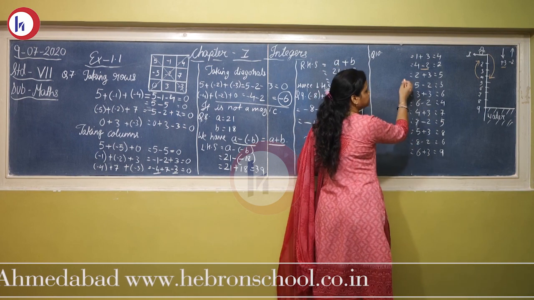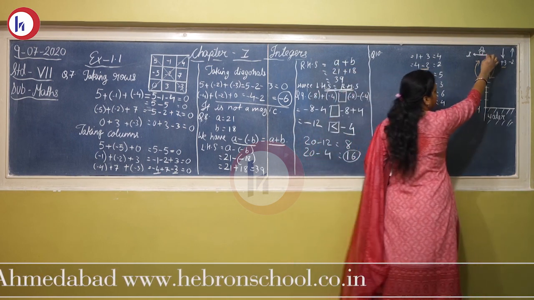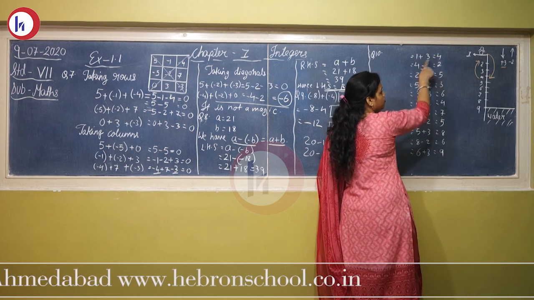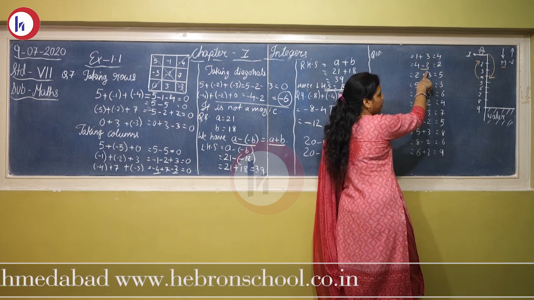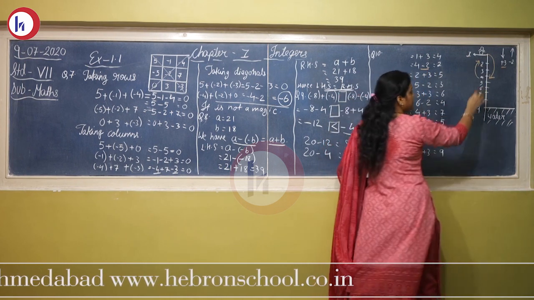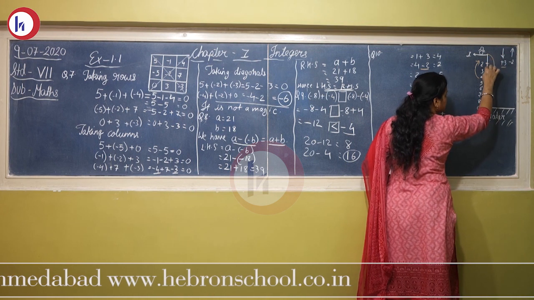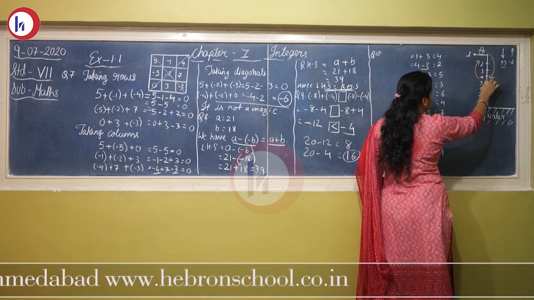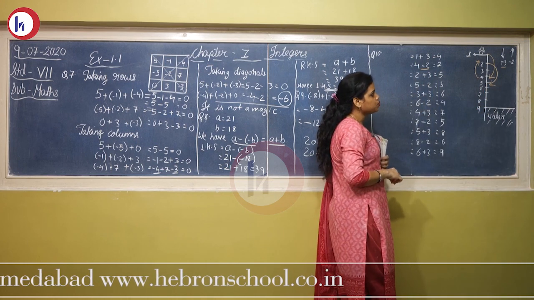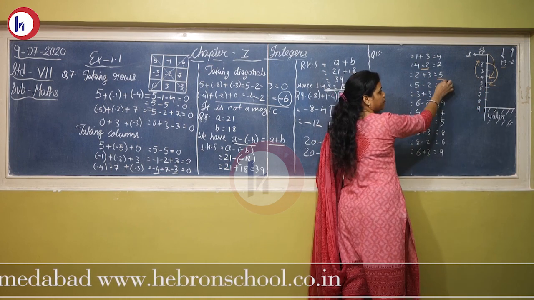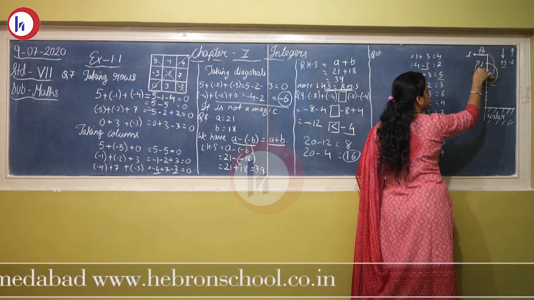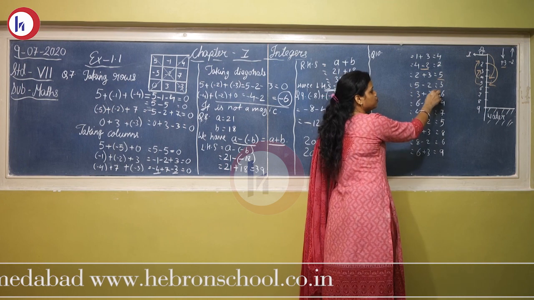So let's see. From the first step he came to the 4th, that is 1 plus 3, 4. Then from the 4th step, again he went back 2 steps. So he is now on the 2nd step. Now from the 2nd step he will jump again, that is 1, 2 and 3. So again he will come here. He jumped 3 steps down from 2 and reached 5. From 5 he will now go back 2 steps. So 5 minus 2, 3.